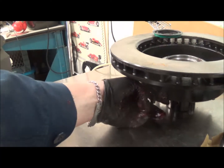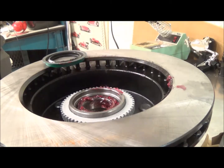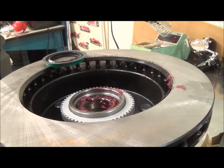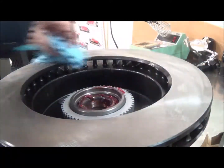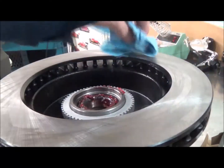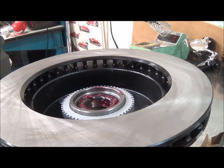Pull this back out over here. I'll clean up the mess I've made here. So I've sprayed a little brake cleaner here. I'm just going to go around the disc. I don't have any on the backside that's dirty. Clean off this excess here. And now I'm going to drive in the new seal,